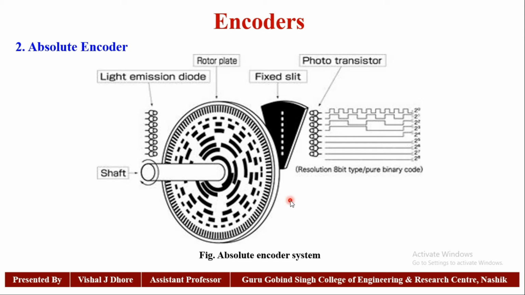Most rotary encoders are composed of a glass or plastic coated disc with a photographically deposited radial pattern organized in tracks. As radial lines in each track interrupt the beam between a photoemitter-detector pair, digital pulses are produced. So this is about the absolute encoder.